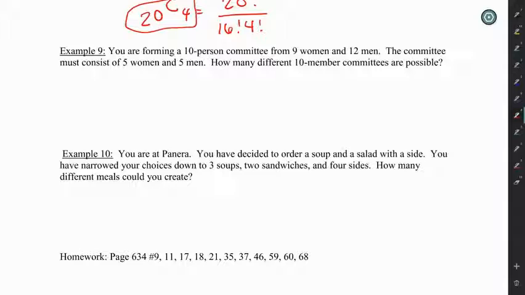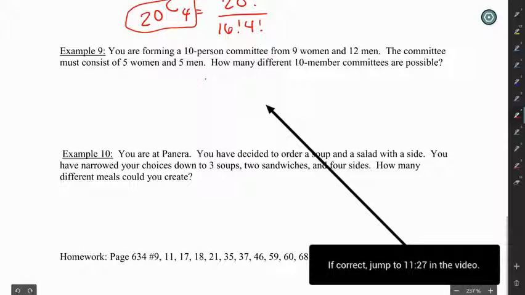I would also like you to try example 9 on your own. Pause the video. When you come back to it, I'll give you the answer. If you have the right answer, move on. If you don't have the right answer, watch the explanation. The right answer for question number 9 is